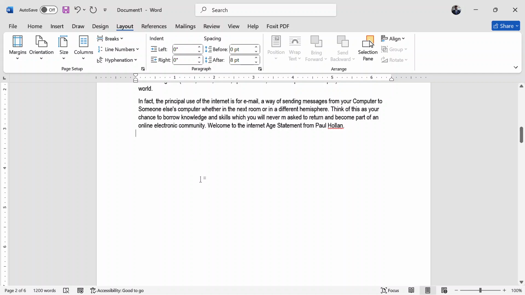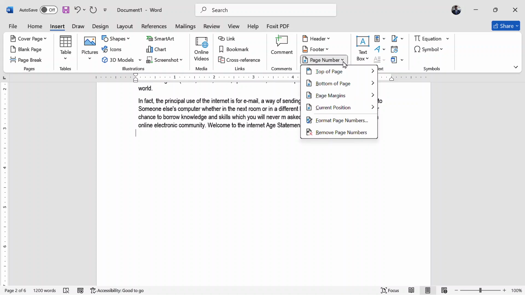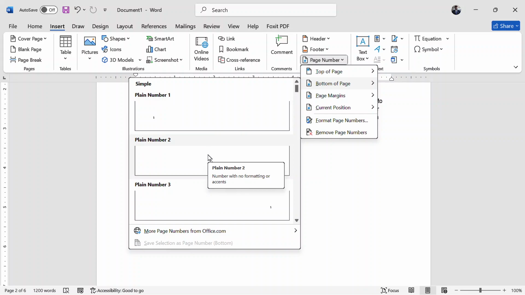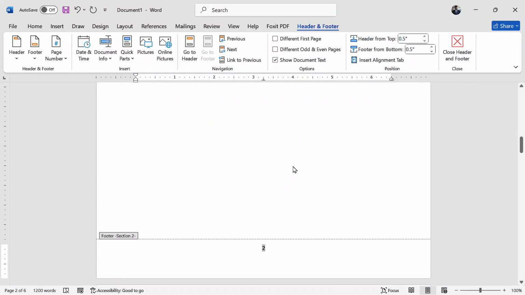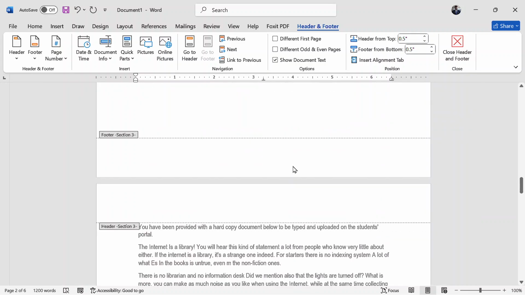Where do we get page numbers? We go to the insert tab, and on the insert tab, under the headers and footers group, you'll see page numbers. Tap on the page numbers, and look for where you're going to put your page numbers. I want them to be at the bottom, so I choose bottom, and from bottom I have to choose where in the bottom they are going to appear and how they will appear. I want it to be in the middle. So I choose this section, and after choosing that, it gives only that page because it is the only page in the section.